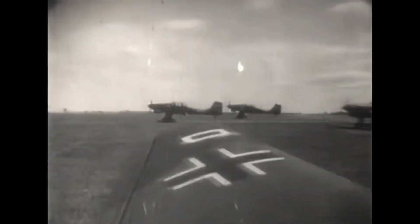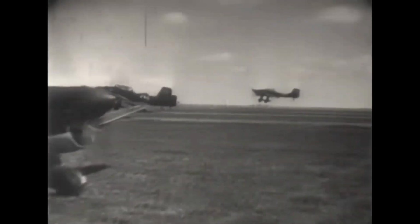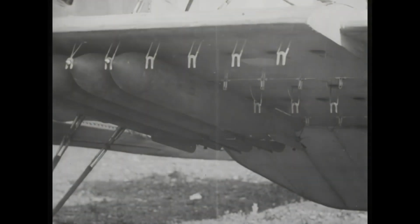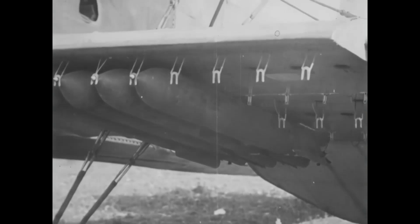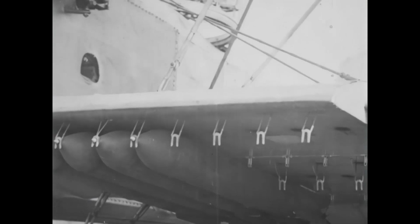Now after this little detour, let's get on with the origins of the Ju-87 and the dive bombing as a principle itself. Though dive bombers are most well known from the Second World War, mostly because of the Stuka in Europe and the American and Japanese use in the Pacific, the dive bombing was not a new concept at that time. Its origins reach back to the First World War, when it was first tried by the British Royal Flying